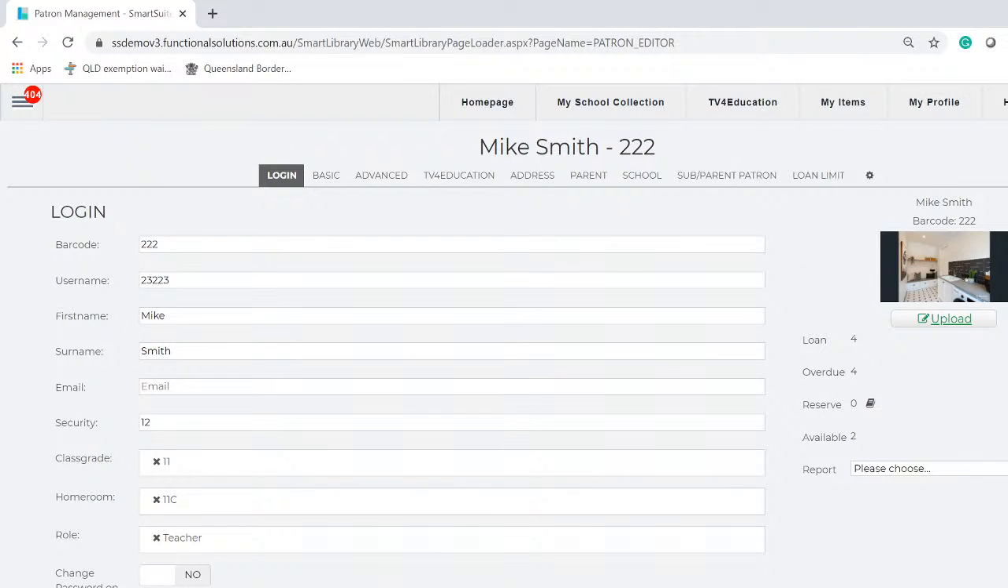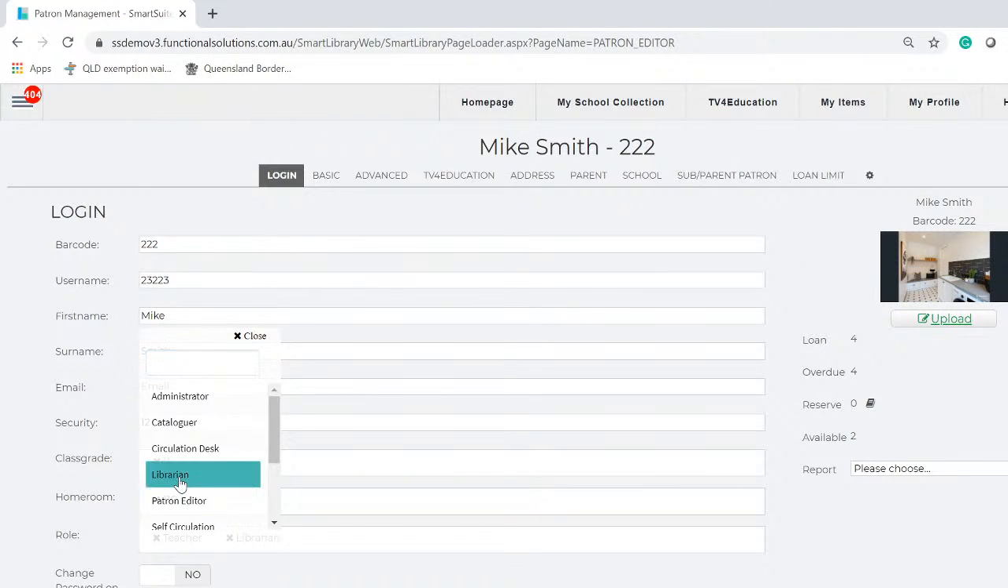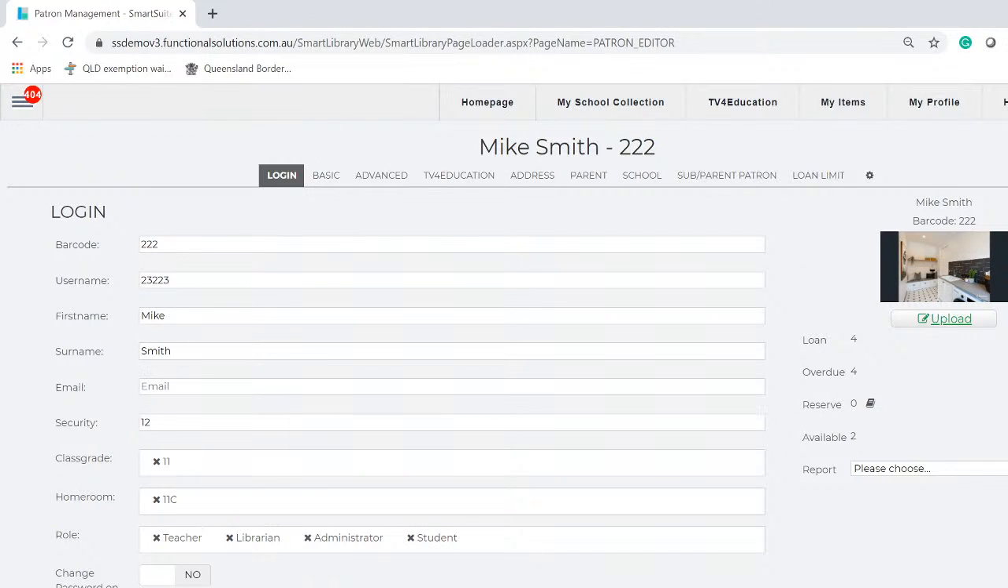However, if it is, clicking here again, a library staff member, make them a librarian. And of course, if they are an administrator, make them administrator. So let me just go and add student here for a moment and explain them. A student can only